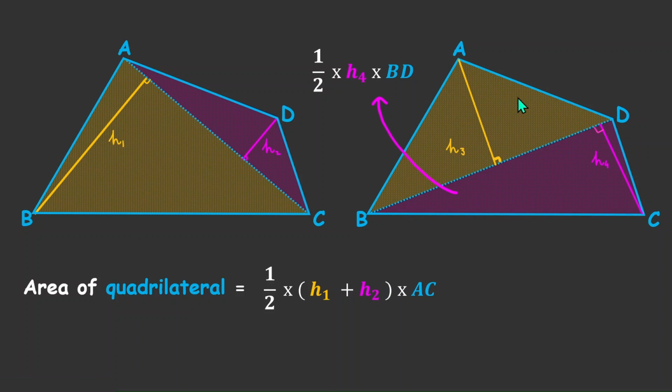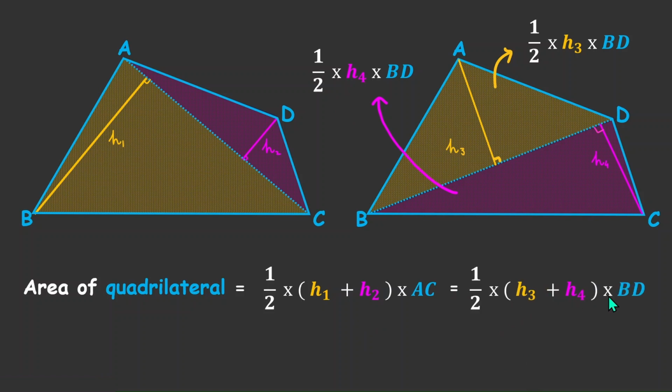And the yellow triangle, the area would be half into H3 into the base BD. And so the area of quadrilateral is also equal to the summation of these two areas. But the area of quadrilateral remains constant. So that is equal to this only. So we have this also equals half into (H3 plus H4) into BD, which is the summation of these two